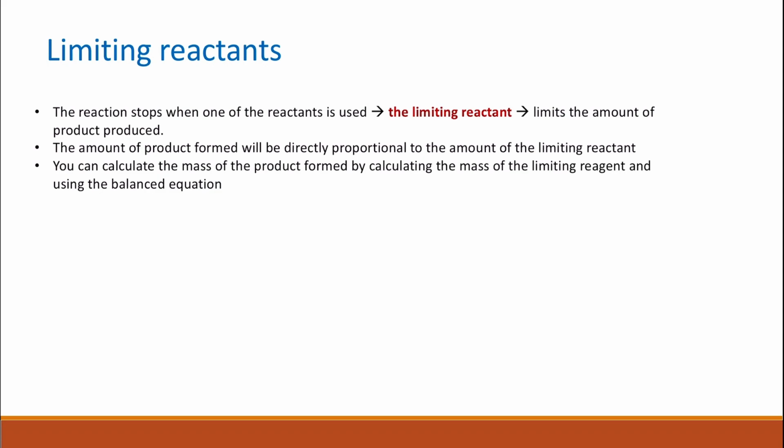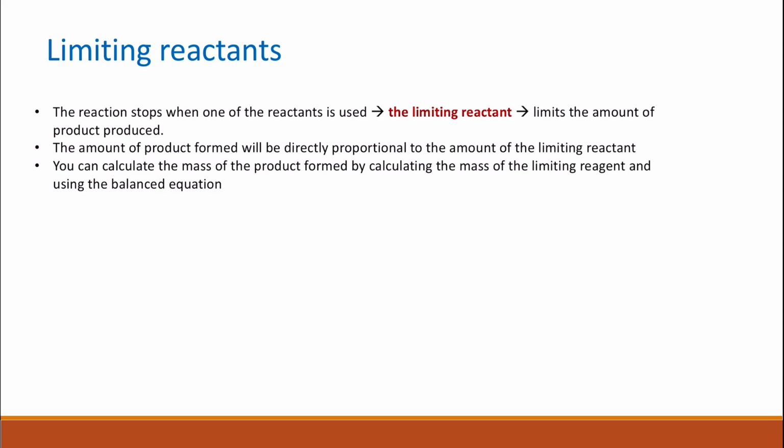An example of this is when you have a metal and you heat the metal in air, and the metal gets oxidized by the oxygen in air to give metal oxide. Once the metal is consumed completely or used up, then the reaction will stop completely,